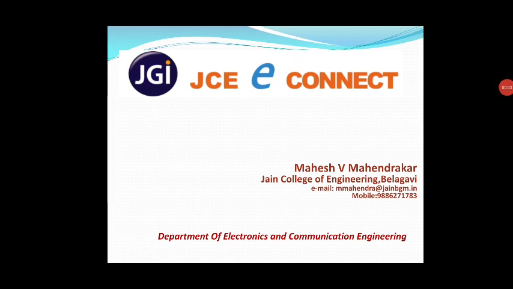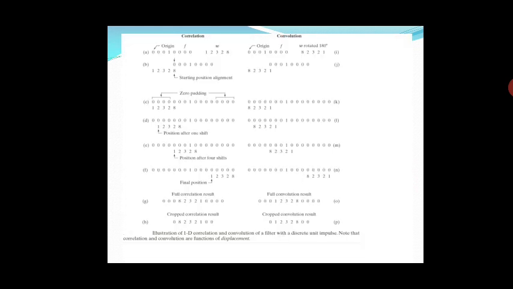Welcome back for the online class. Today we will solve some more numericals related to correlation and convolution for a two-dimensional array, or matrix. Previously we have seen the one-dimensional correlation and convolution operation. Here, the image will be available in the form of a matrix, and we will see how the convolution and correlation will be performed. Now let us see the example.